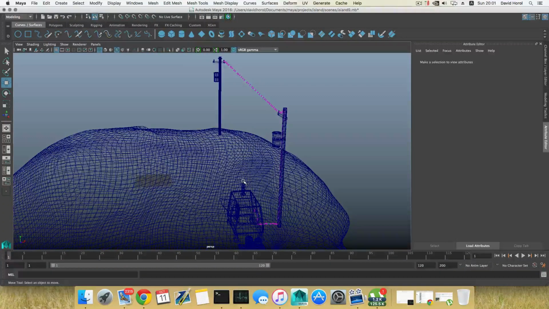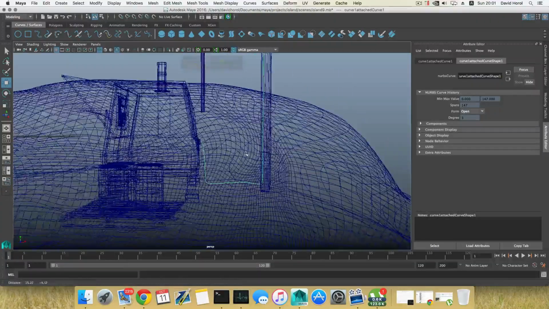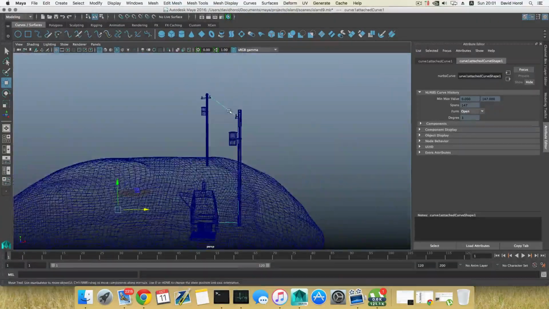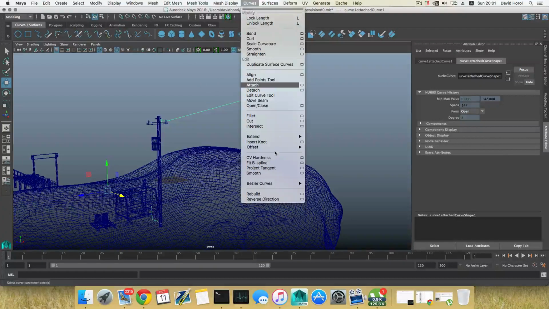In order to fix this and make sure that these two guys are actually where they should be, which is here, you need to grab your curve, go over Curves, and there is Reverse Direction. Just click it and it will reverse those. Okay, and then